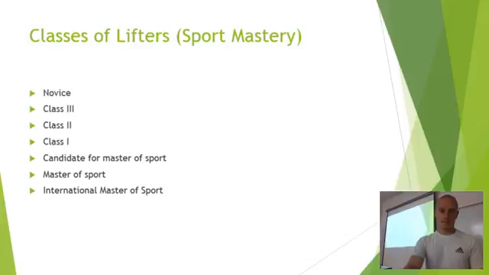Pretty neat. Your International Master of Sport is generally going to be your 77 kilo lifters. I've got to go back and check on this, but your 77 kilo lifters are generally going to have a total of 350 kilos. That's to qualify for International Master of Sport. That's somewhere right around a 170 snatch, and I'll check my math on this. 350, 270, 100. So at least a 170 snatch and at least a 180 clean and jerk. That's the minimum. The actual 77 kilo world record total is 380.